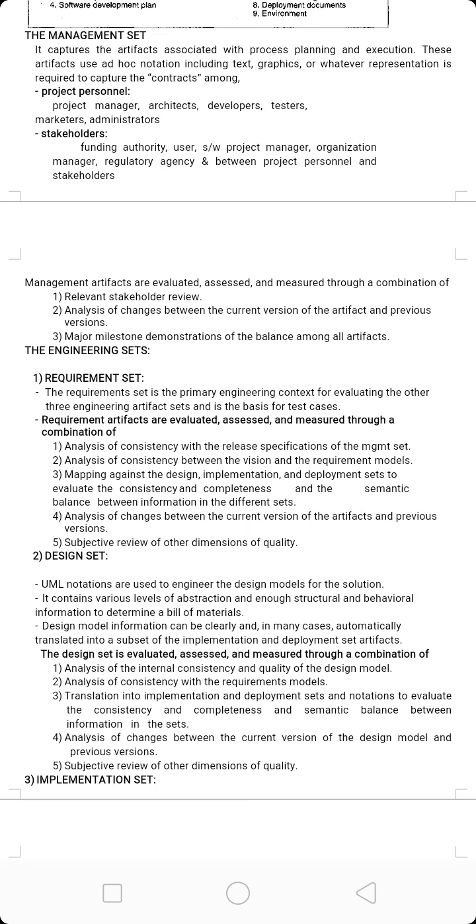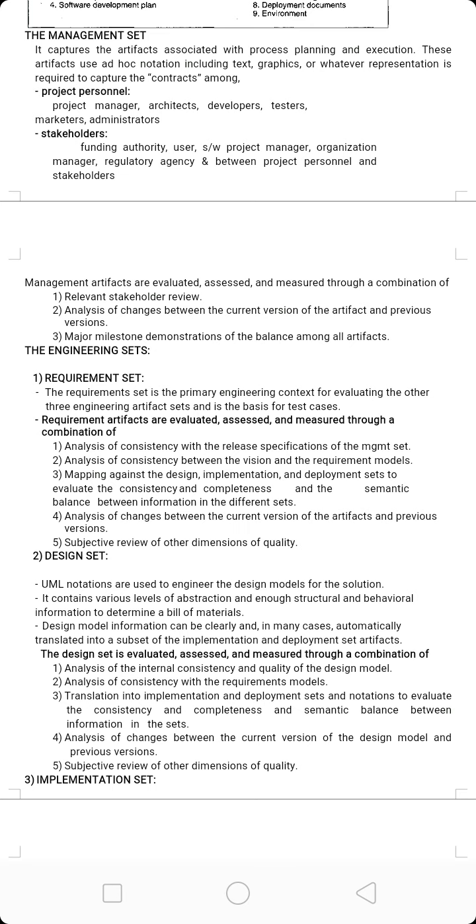In this management set, some management set artifacts are evaluated, assessed and measured through a combination of the following. What are they? First one, relevant stakeholder reviews are taken, and analysis of changes between the current version of the artifact and previous versions. That is management trends and project performance changes in terms of cost, schedule, and quality.